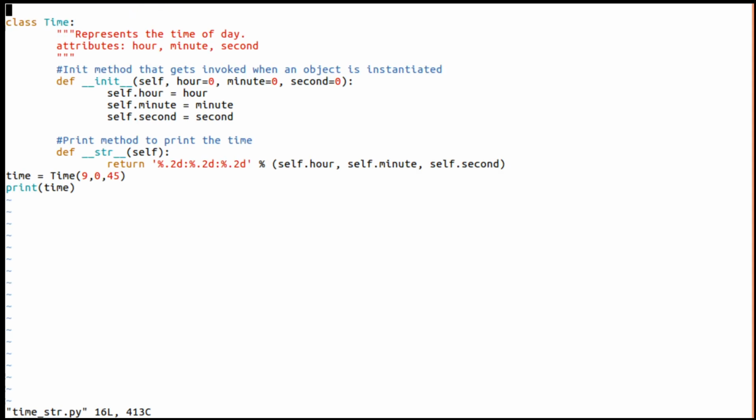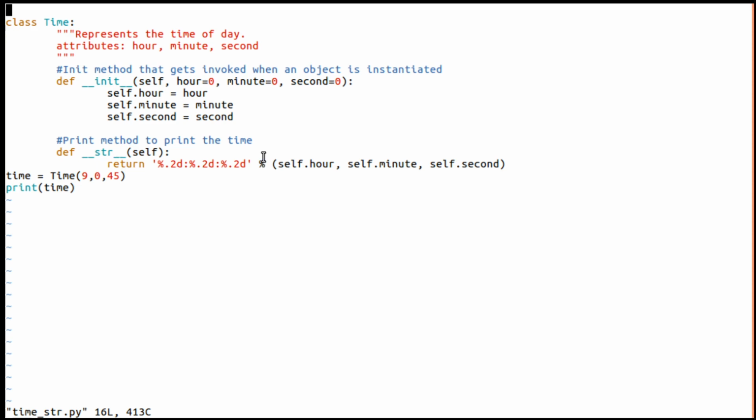Here there is a file called time_str. Here I have written the time str method. This is, as usual, the class definition. This is the earlier init method which we discussed, and here def __str__(self).